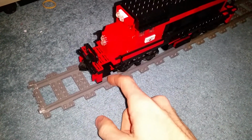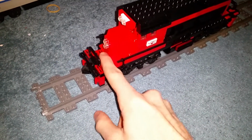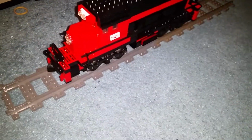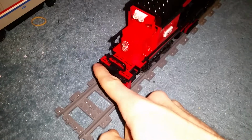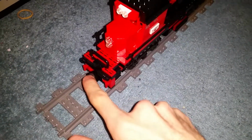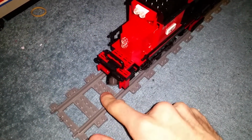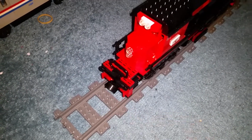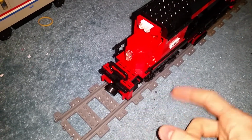to 6. We have a little step ladder going on here to be able to get to the front of the diesel for repairs on the lights or anything like that. Other details include a little bar going across the front, which is quite nice. We have the old style magnets taking off from the buffers and attached to a 3x2 little circular piece, which